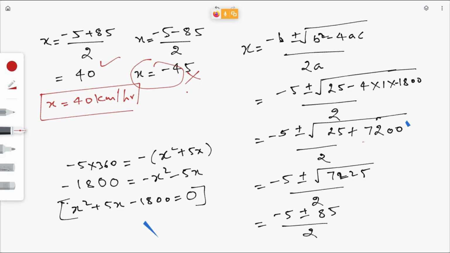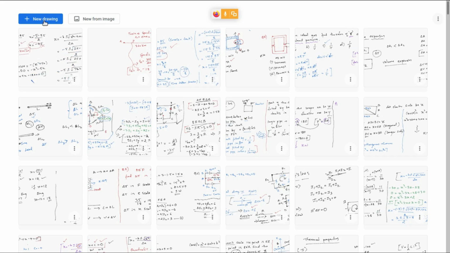An express train takes 1 hour less than a passenger train to travel 132 km between Mysore and Bangalore, without taking into consideration the time they stop at intermediate stations. If the average speed of the express train is 11 km per hour more than that of the passenger train, find the average speed of the two trains.